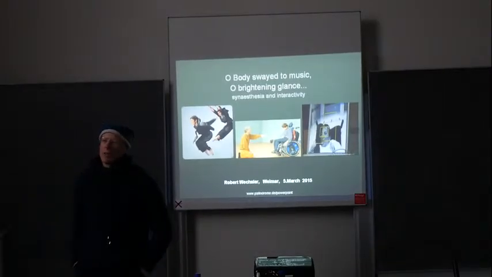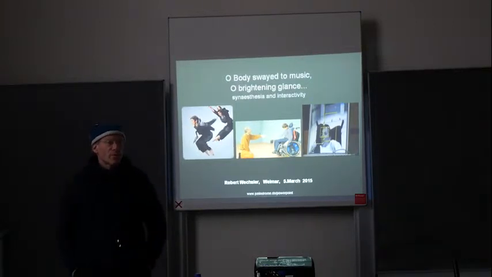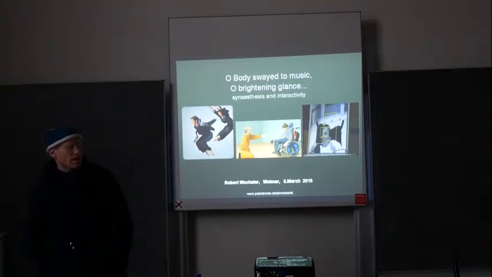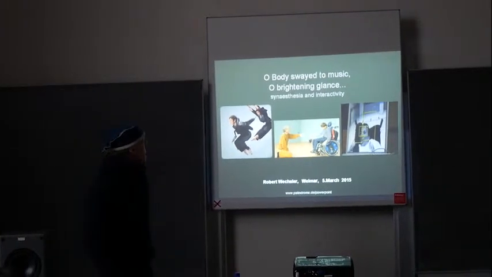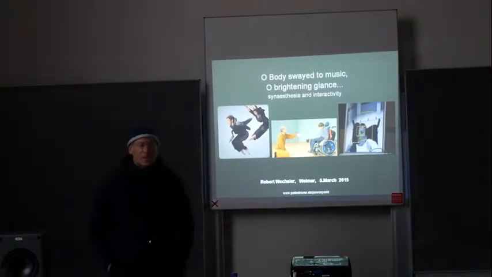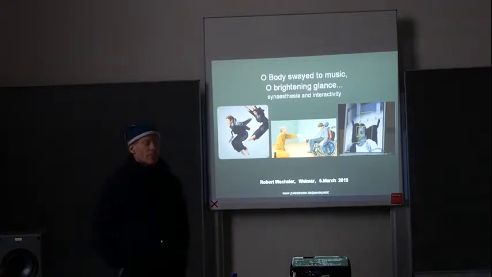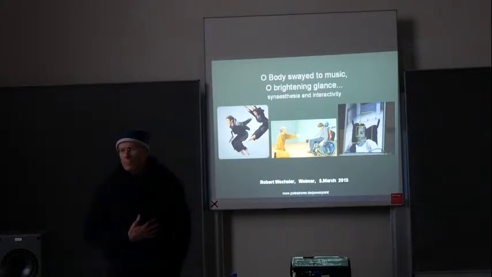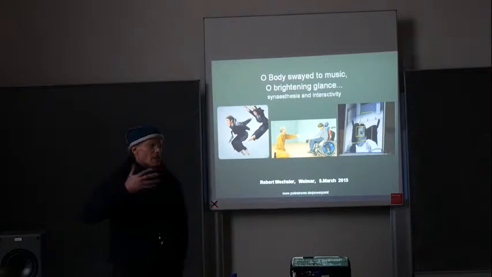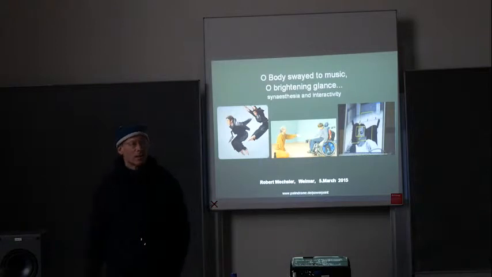If you're American, you know this poem. The next line is, how can we know the dancer from the dance? Poem by W.B. Yeats, and it discusses content and form, where they meet. Synesthesia and interactivity. Synesthesia means when your senses get confused. So you can be listening to music and feel it in your body, or you can be dancing and somehow hear music. Our senses mix. This is very important to my work as a dancer.